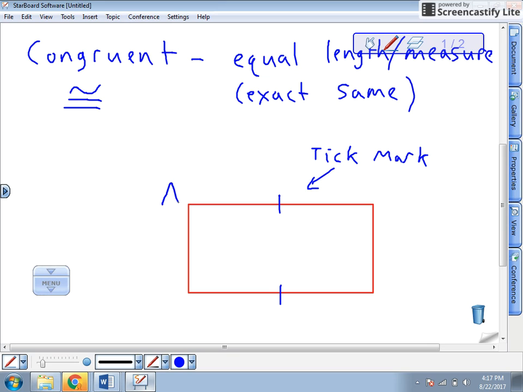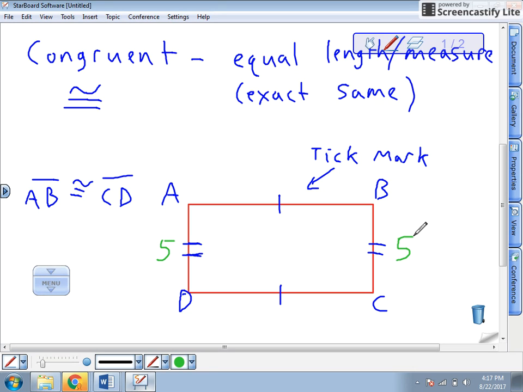So if I label this A, B, C, and D, I could then say that segment AB is congruent to segment CD because of those tick marks. And again, the number of tick marks match up. So these 2 sides right here would be congruent because they have the same tick marks, which means they're the same measure. So if I call this side 5, I know that this side must also be 5